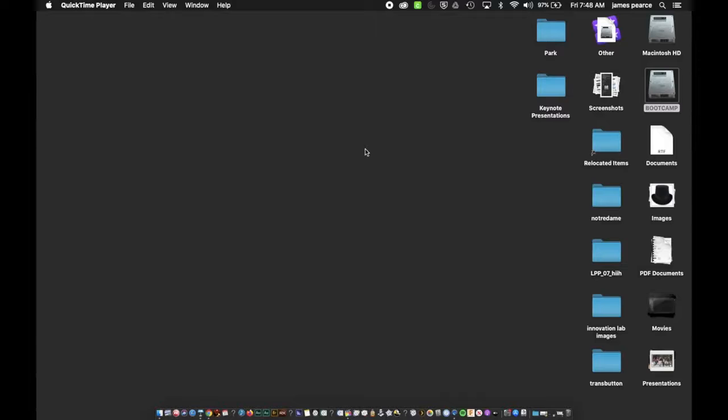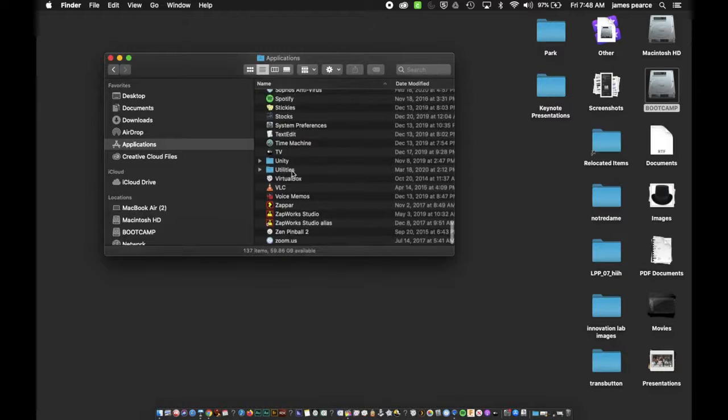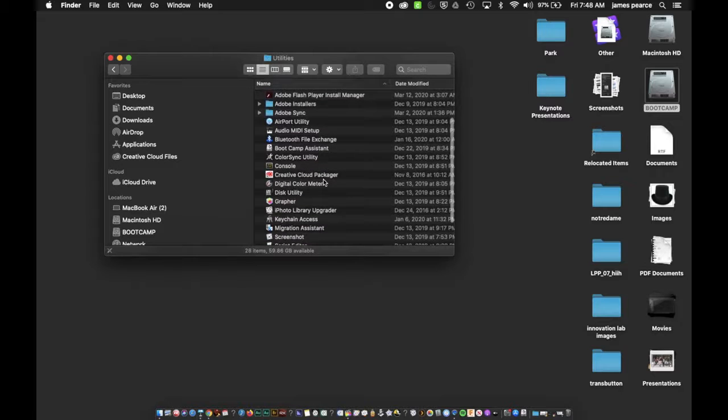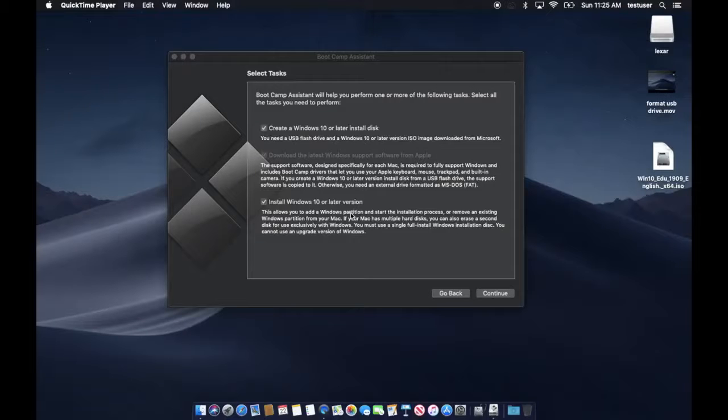So now we're going to start the process of installing Windows via Bootcamp. So in your Applications folder, under Utilities, launch the Bootcamp Assistant and hit Continue. On this next screen that's called Select Tasks, just leave everything as default. There's a couple of things checked here. Create a Windows 10 disk and then install Windows 10 or later. Leave this exactly as it is, and remember that you have that formatted 8 GB or larger flash drive in your Mac. So hit Continue,